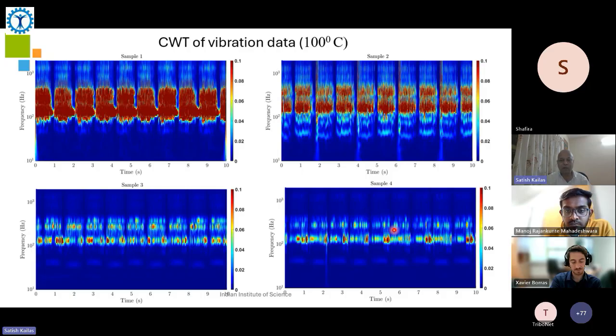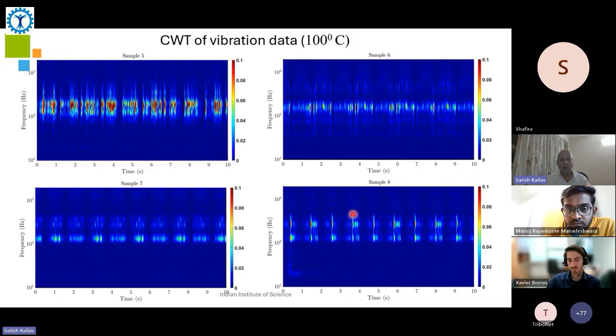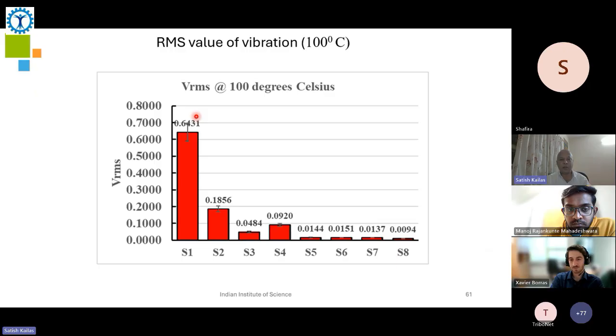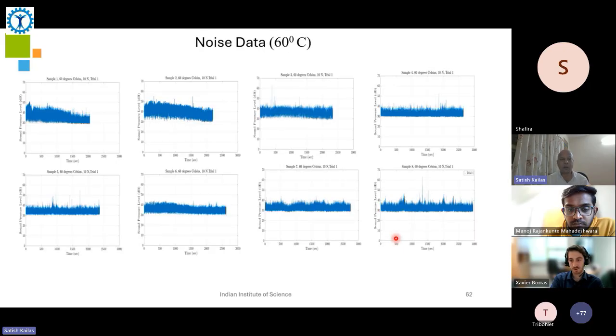And when we do the wavelet analysis also, this is from sample 1 to 4 in the high frequency range, you can see that it significantly drops, and the fully formulated oils, 7 and 8, have lower vibration data. So here also you can see the VRMS value at 100 degrees is much lower for the noise value. And this is noise data at 60 degrees, again showing you several